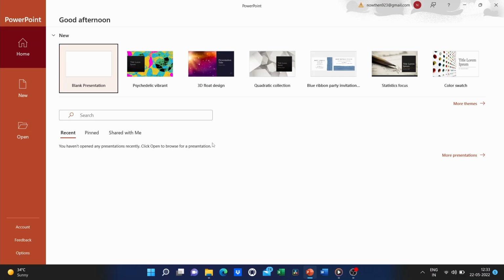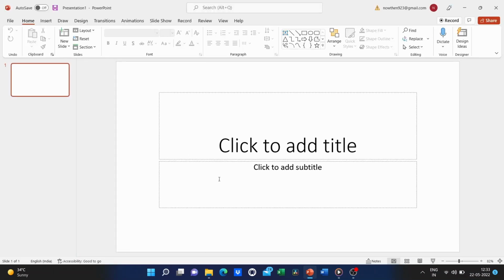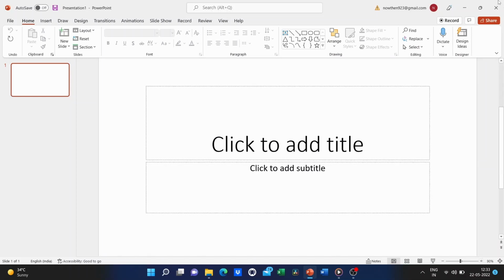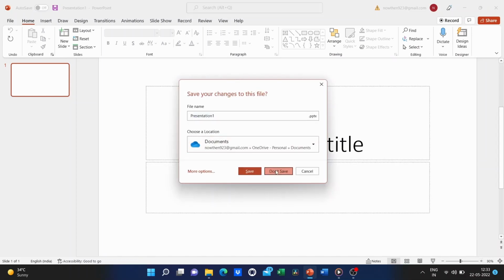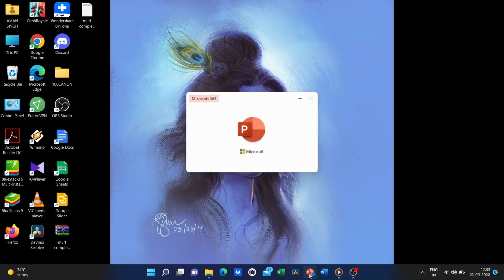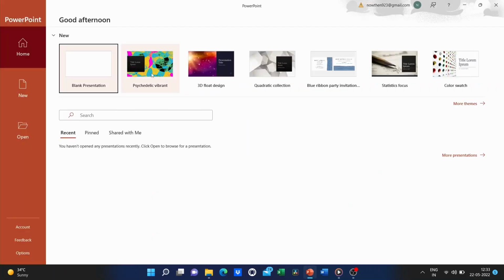So as you can tell, PowerPoint has loaded up, and at this point I can do one of a couple of different things. I could simply click where it says blank presentation and get started using PowerPoint. And most often, that's what I do. That's the most common option, at least for me. But if I prefer, I could go over here and select one of these different templates or styles.